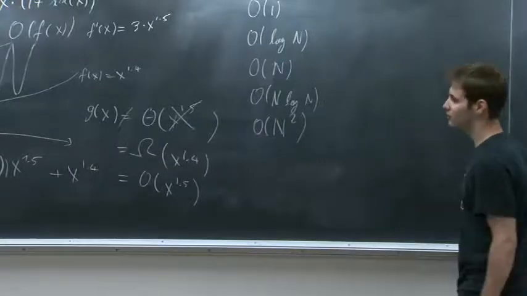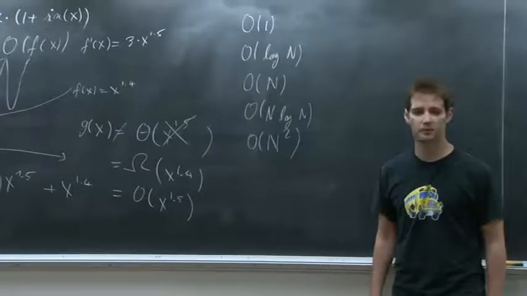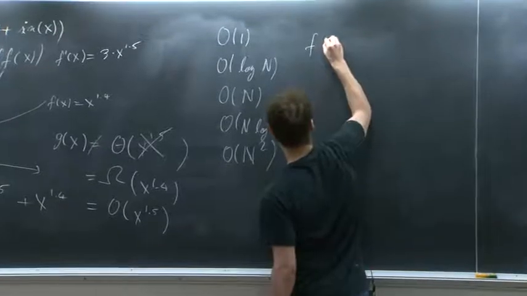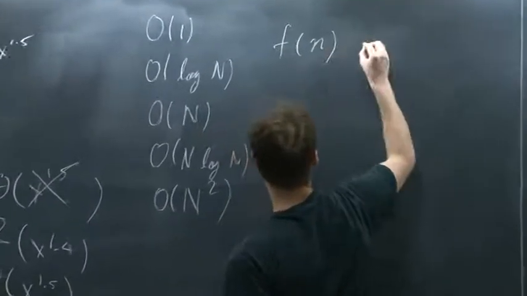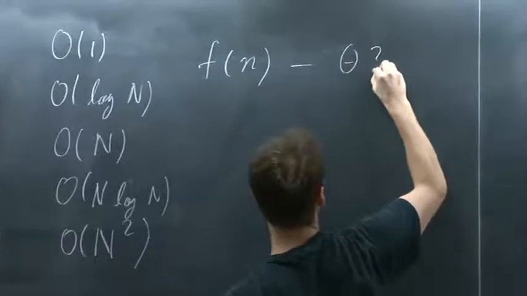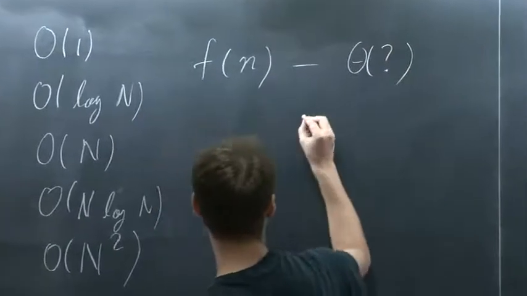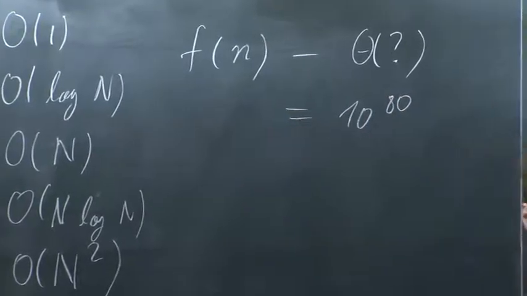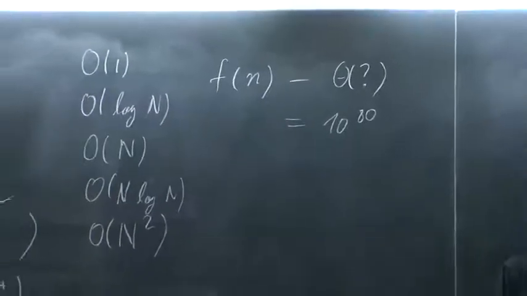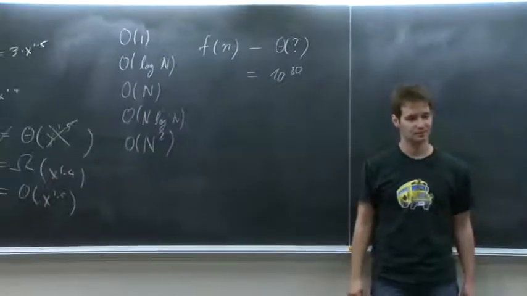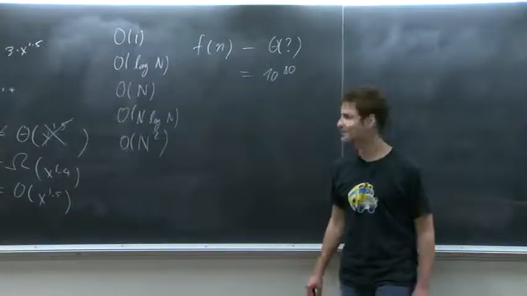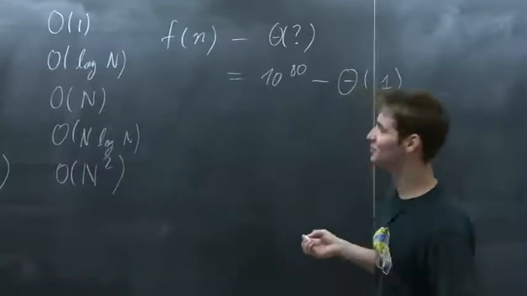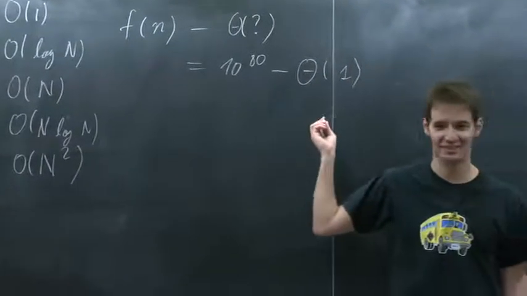All right, I'm going to go over a few functions, and I want you to help me write them in asymptotic notation. So I will have f of n, and I want to know its theta of what. Let's start with f of n equals 10 to the 80. Does anyone know why 10 to the 80? Of 1. Okay, that's the correct answer. You're going ahead though. I was wondering if you know why I chose this.